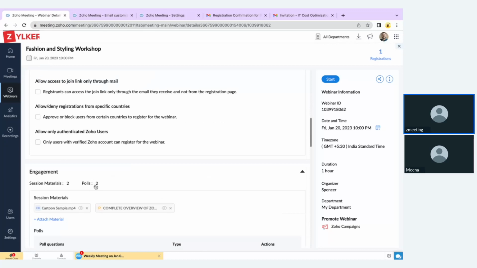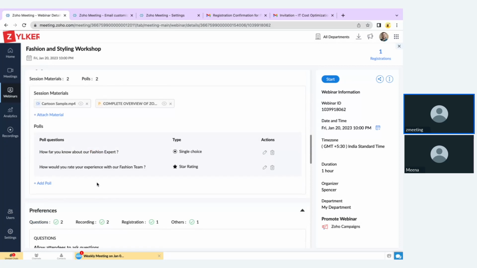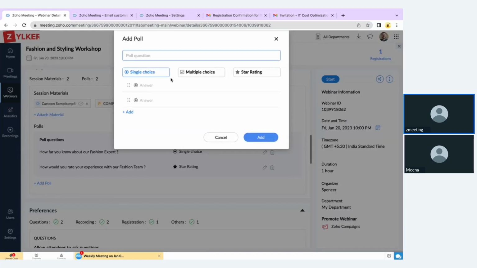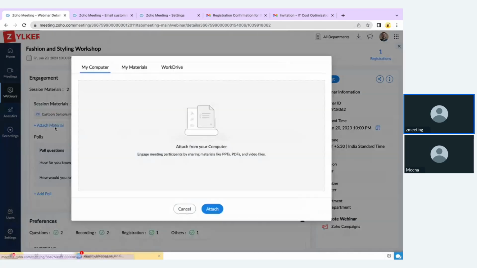Because we have two different types of engagement. One is polls and another one is session materials. We provide three different types of polls: single choice, multiple choice, and star rating. You will have an option of including your opinions and also asking them to provide ratings and feedback for your session. Not only an option to add a poll, you will also have an option of including the share